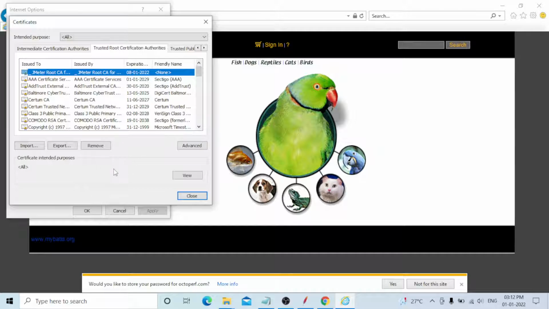You will see some errors, like "Your JMeter root CA certificate is invalid or expired." Some error message will come. At that time you need to come to this location and delete this one. Remember, don't delete unnecessary files, only the JMeter certificate file. Then you need to regenerate the root CA certificate, and after that you need to export it.